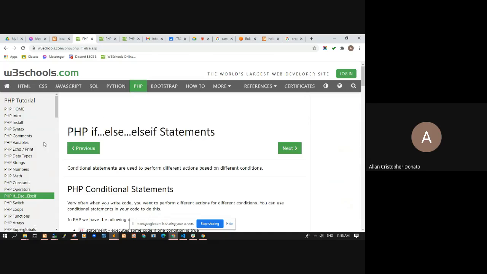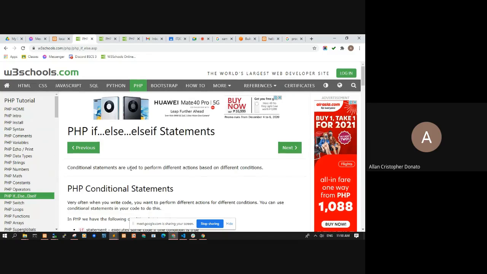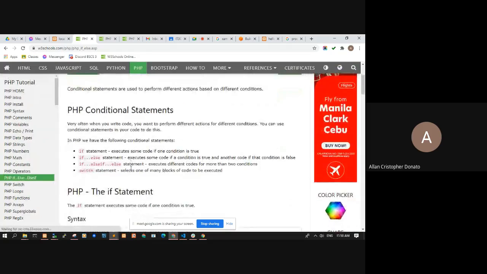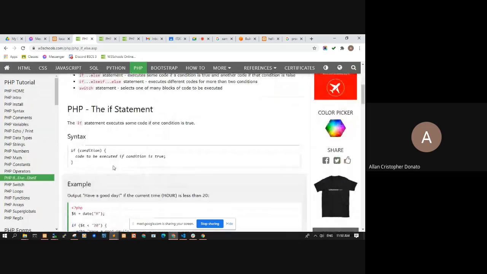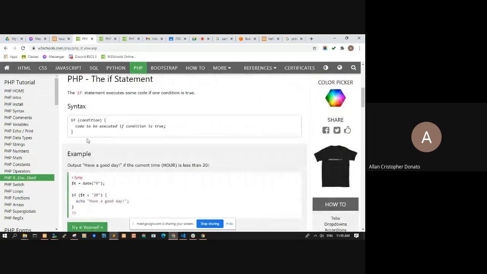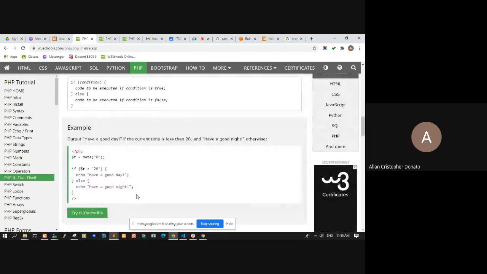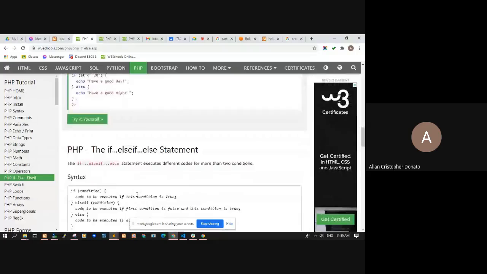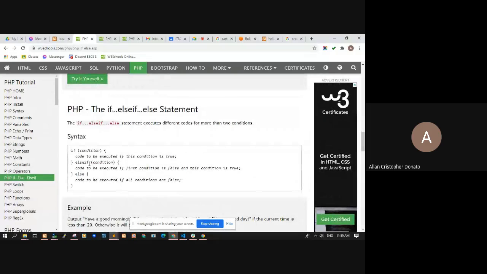Okay, and then we have the if else if statement. So similar din siya kay JavaScript, kay Java, kay C Sharp. This is the syntax for if. Pag meron tayong else and pag meron tayong else if.